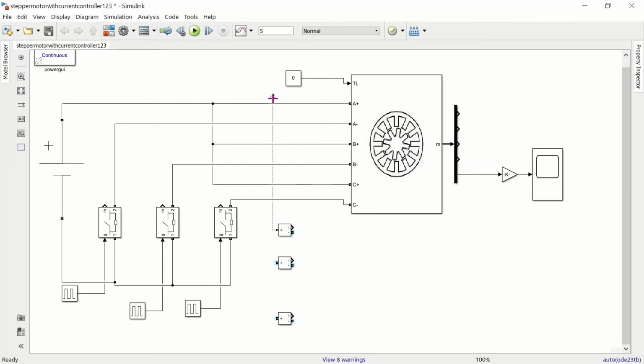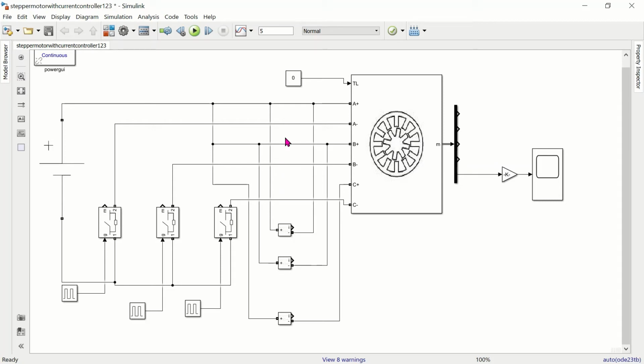This for phase A, phase B, and phase C. These current measurement units are connected in series with the phase windings.